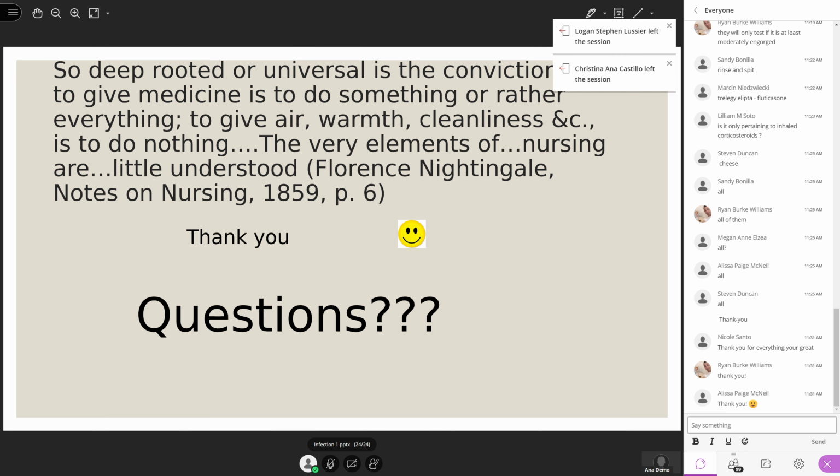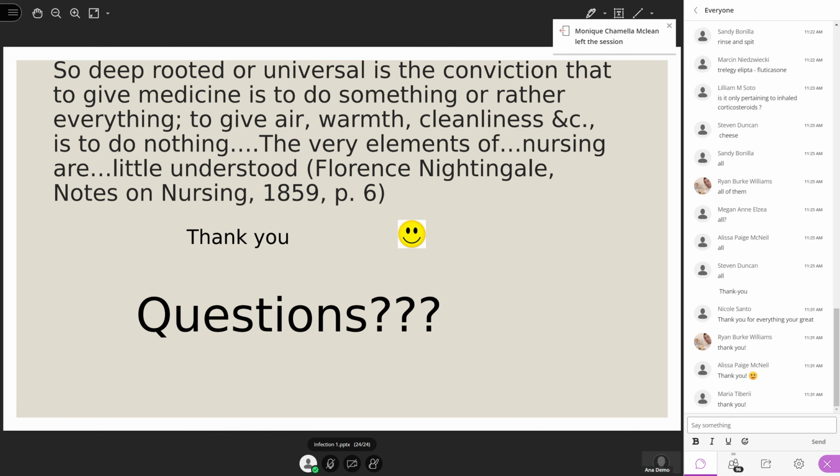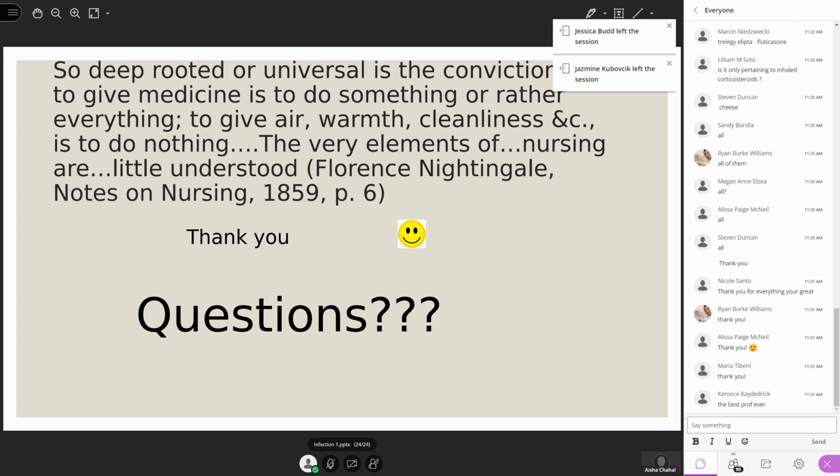Professor, how does the TPN make you at risk for thrush? Oh, that's a very good question. So with the TPN, what happens is